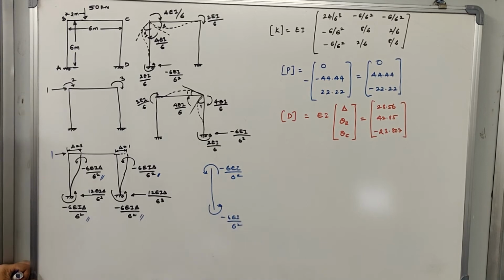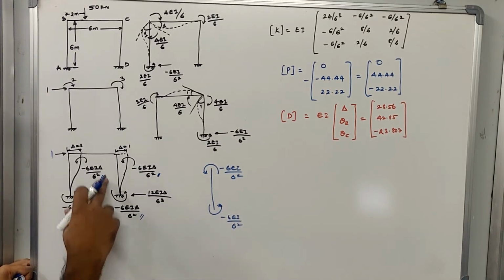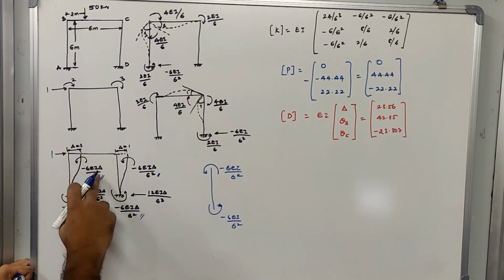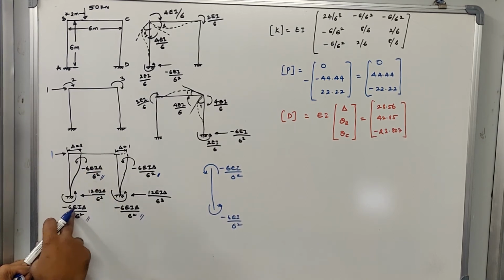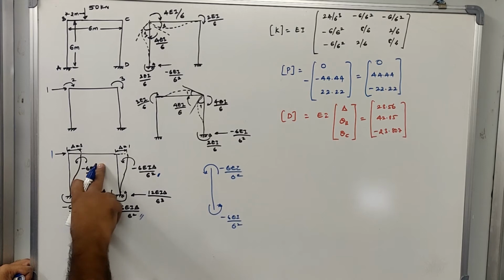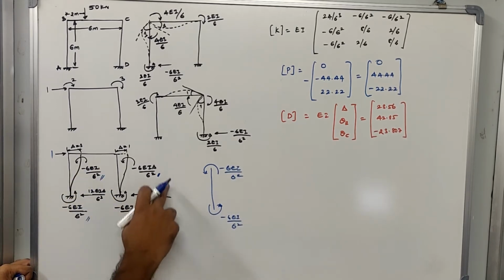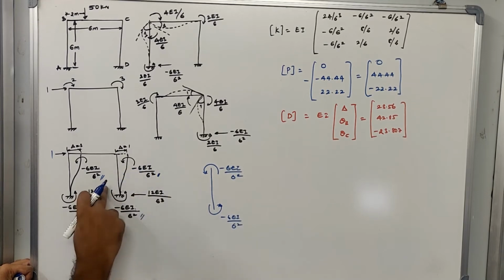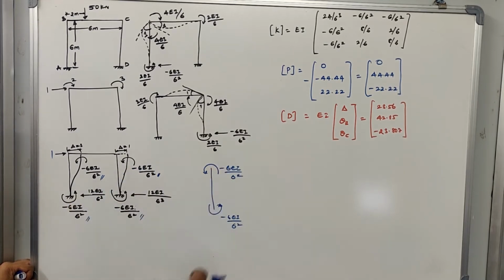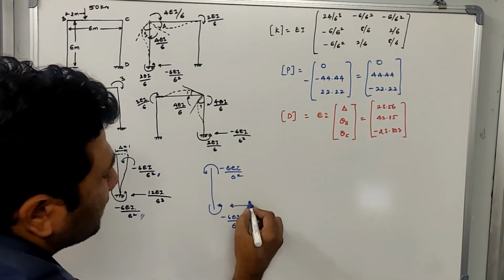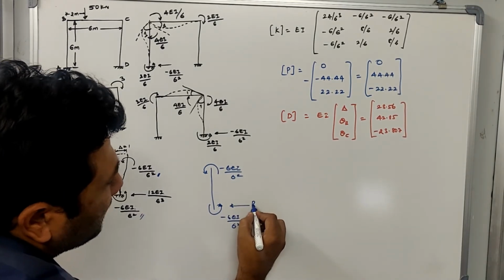Here you can see that I have written delta everywhere. As we know, delta is equal to 1, so this will become minus 6EI/L² and minus 6EI/L². Now I can eliminate delta also, because it is unit in nature. This is how I have removed the delta value, and this is what is left over. Now we'll try to determine how much is the reaction generated here. Let me call this RA.